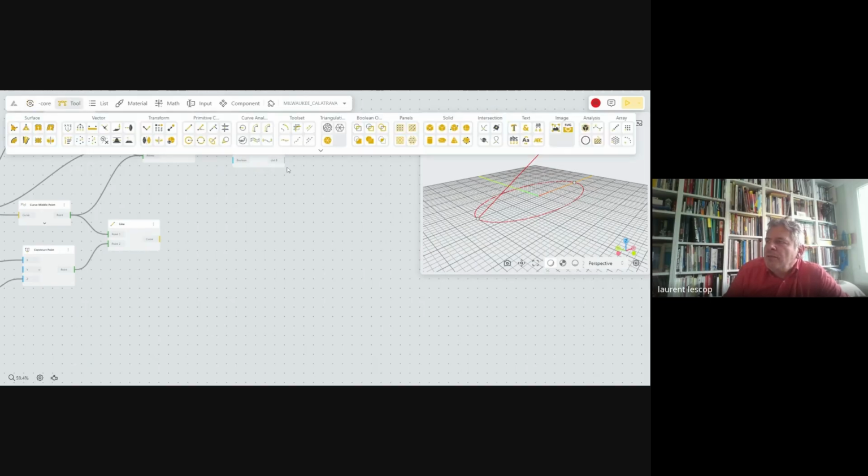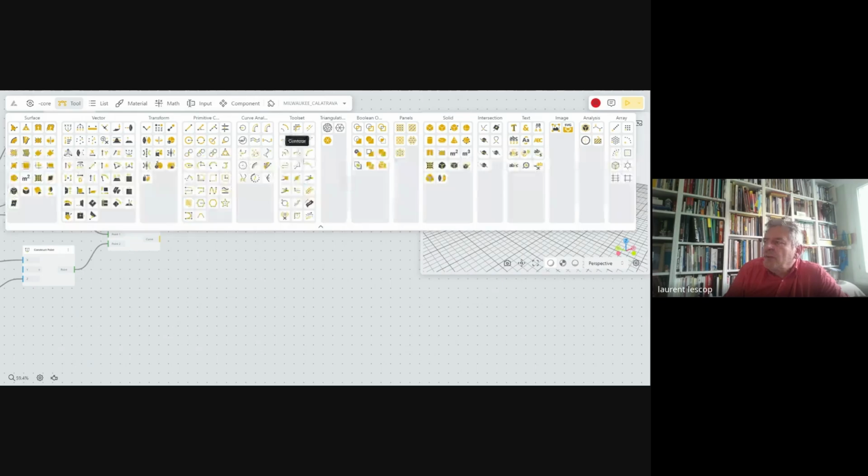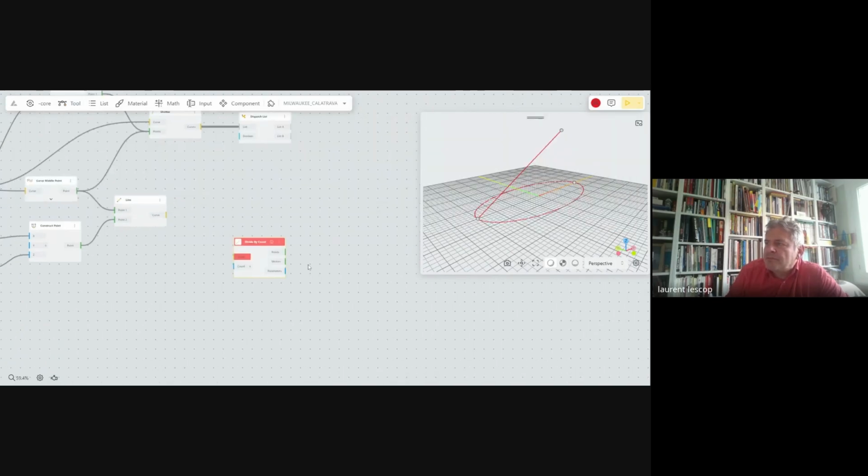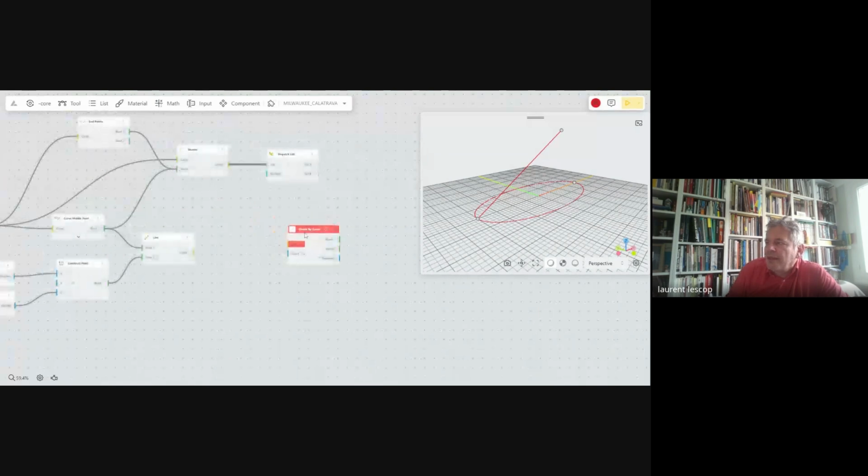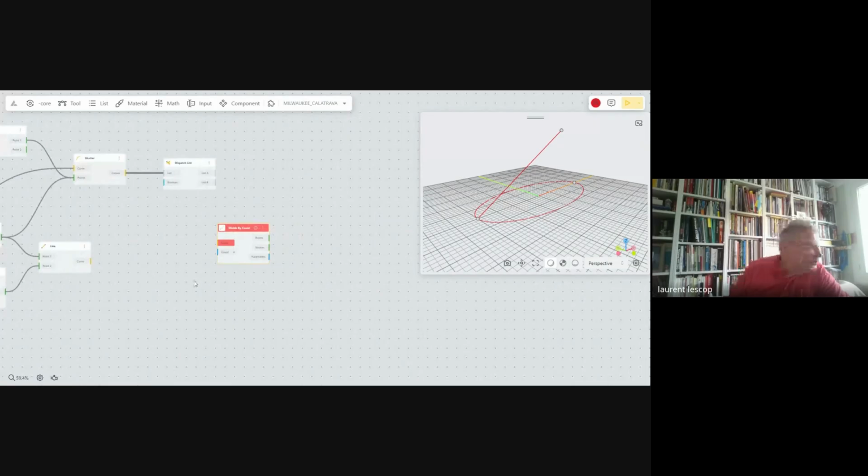So I go to tool, and then I will go to divide. I will do divide by count, which is the easiest one. I did it the easy way when I started the first time.